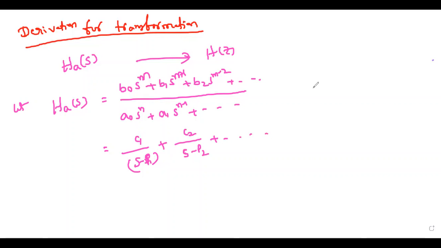And see, sometimes you will get s square plus s plus 1. This kind, don't feel that you will get an imaginary part. This pole may be imaginary; it may be complex, it may be real. So you can convert this total transfer function into partial fractions like this, and this can be written in a simple format as a summation, k equal to 1 to n,